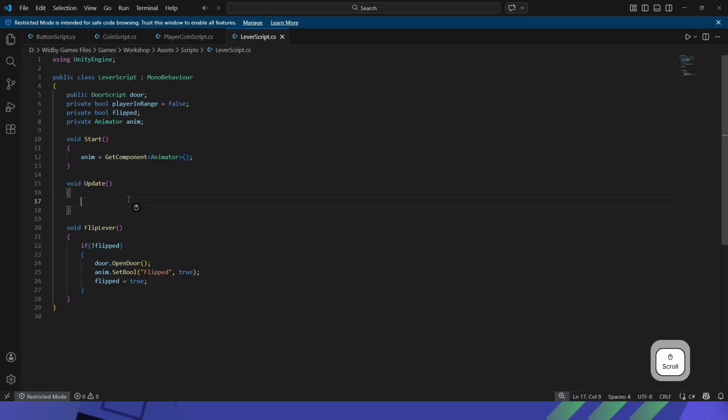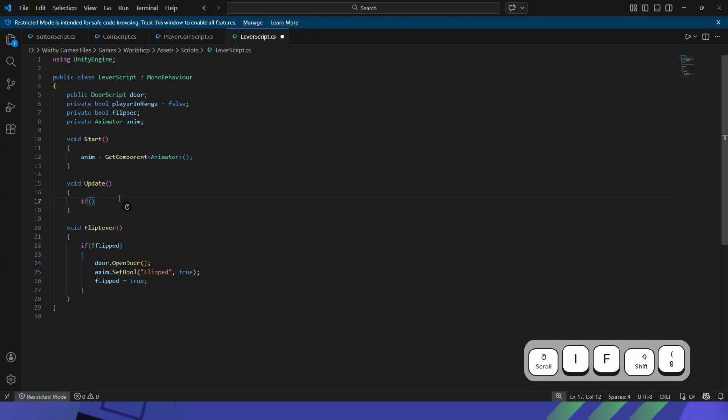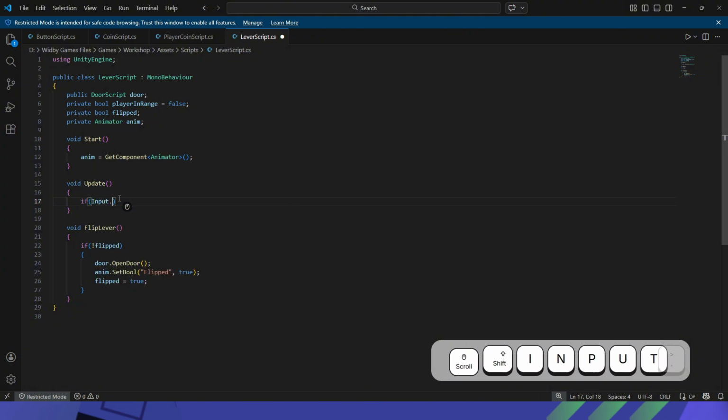So what we want to do is make it so if the player is in range and presses, we're going to say the E key, because that is my preferred interaction key, then this method is called to flip the lever. So first off, we need to do if, and then let's check to make sure the player is pressing the E key. Input dot, or,